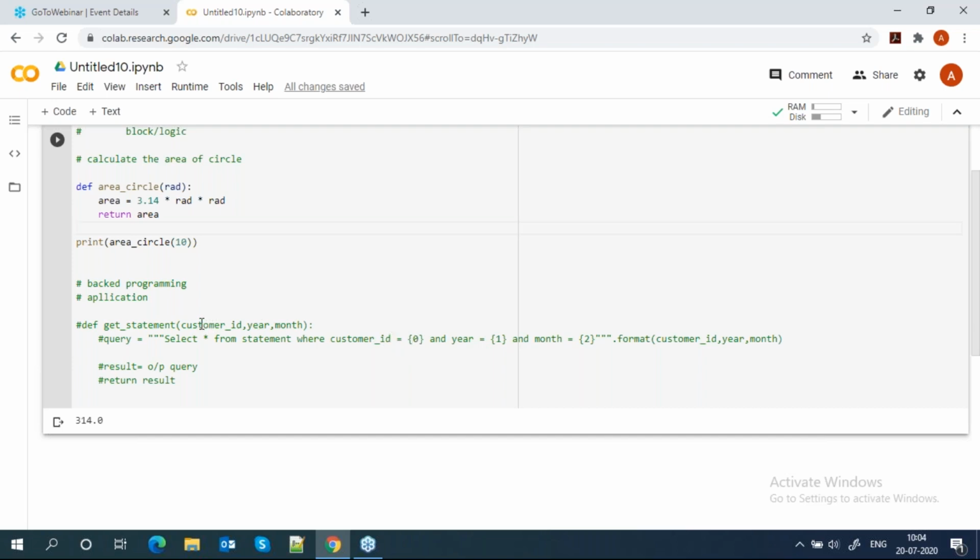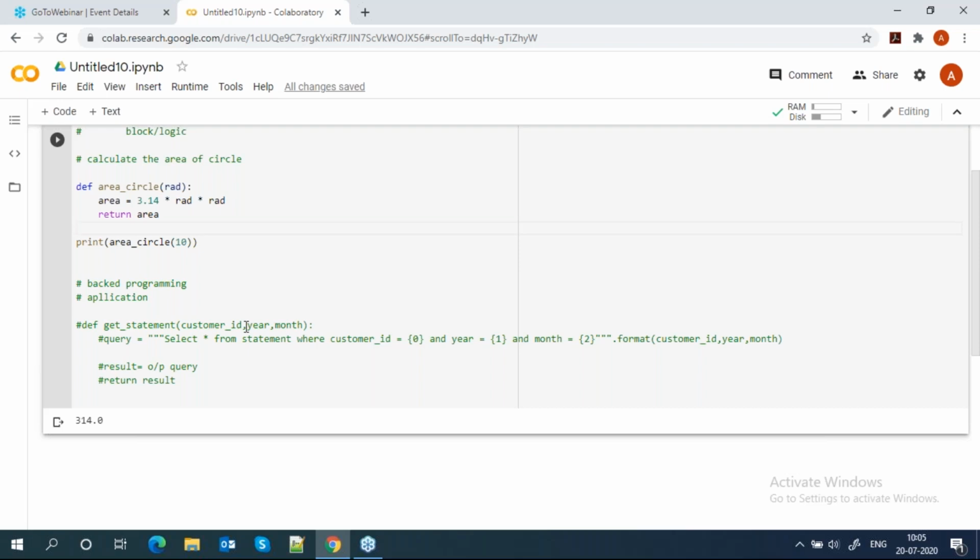So these are whatever you pass at runtime, at the time of calling this function, and it will consider those. Suppose every time I am looking for a different customer ID, different year, different month. It will pass them at runtime here. So there is nothing hard coded. The query is constant. Only the parameters, like customer ID, year and month, should be passed to the function.